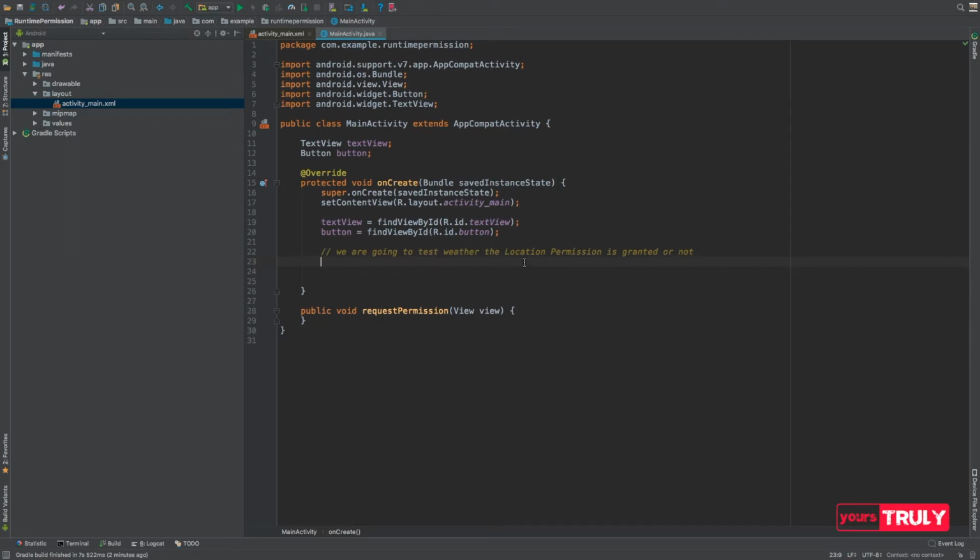So before making any request to the user for asking for permission, our first step is to define the permission in the manifest file. So let's go to our manifest file,